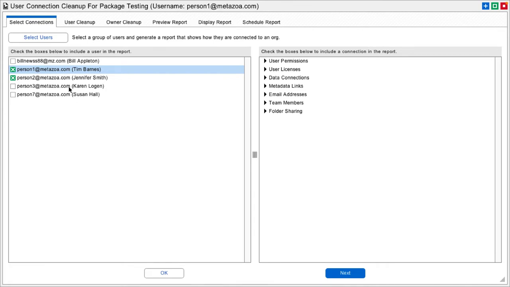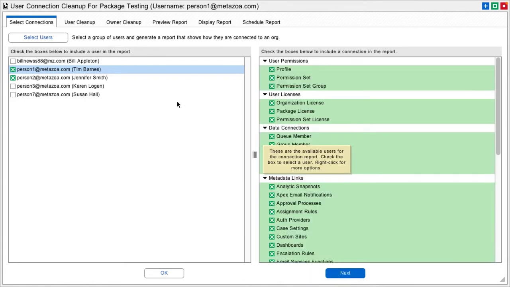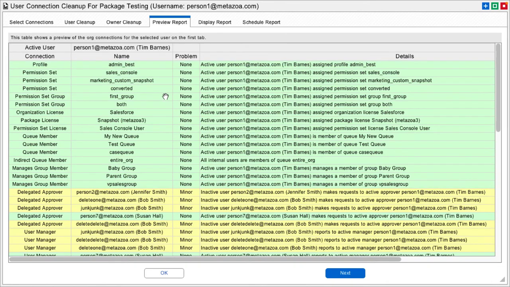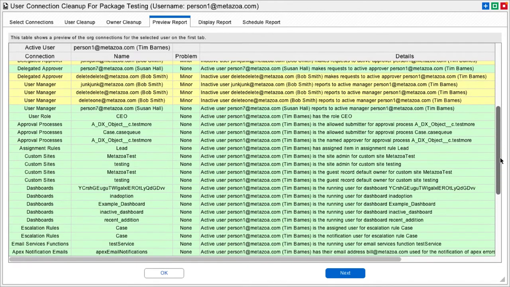So for example, let's select an active user over here, and now we can look at their user permissions, their licenses, data connections, metadata connections, where their email address is used, what team memberships they have, and also their folder sharing information. Let's just check all of those options. And when we go to the Preview Report tab, we get a comprehensive accounting of everywhere that this user is